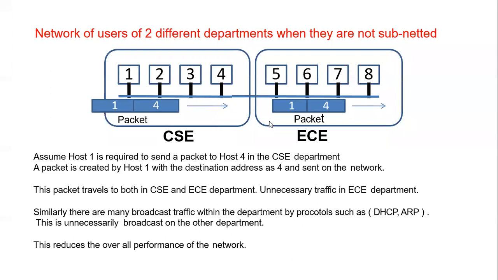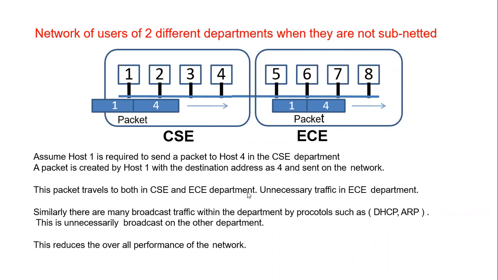And not only traffic, when there is network communication, you also have to find out whether the packet has reached properly or not, and what the address is. So there is other information that is also required, and those are the things done by protocols such as DHCP and ARP.